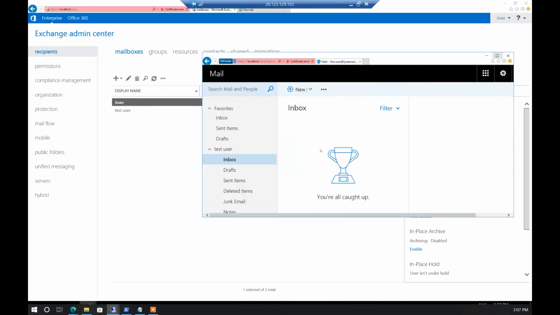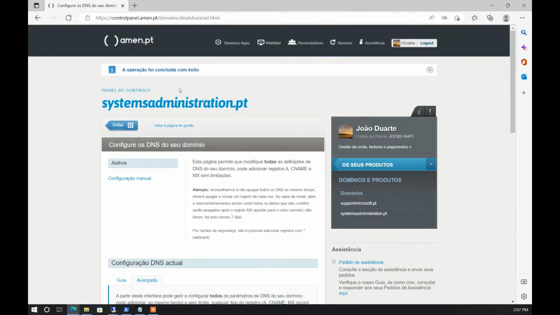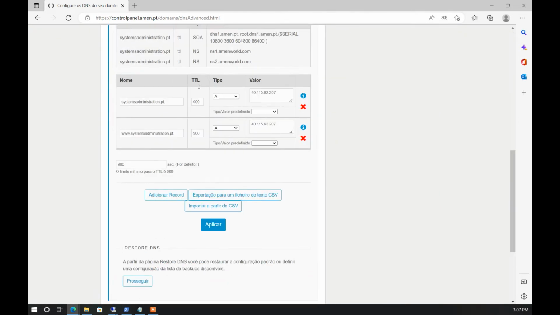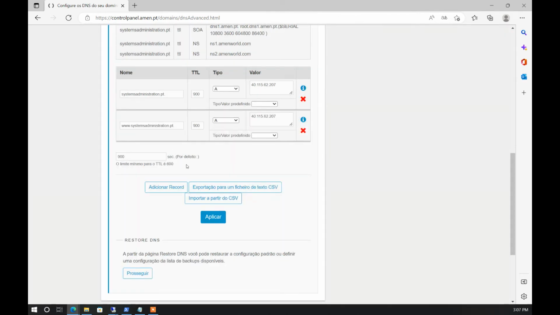Okay, there you go. Have a mailbox. So now we need to configure the DNS records for us to be able to send and receive email. So let's open my public DNS server. Here we can change the DNS records. So let's add a record,